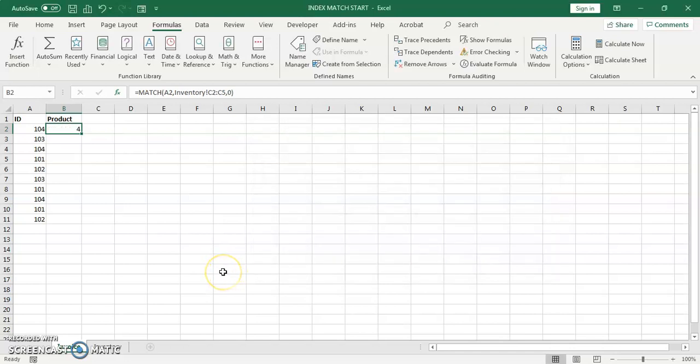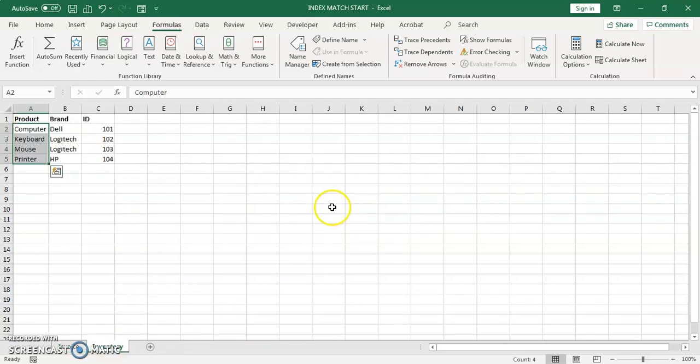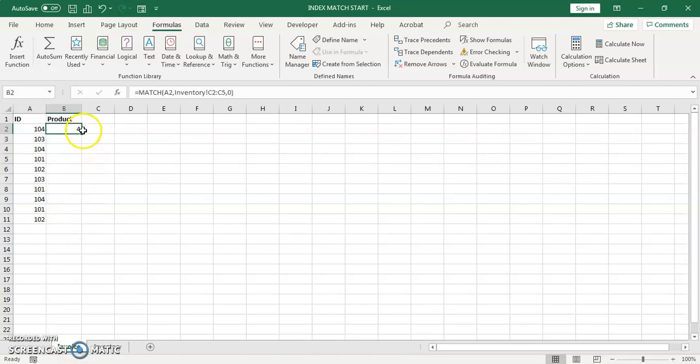Well, that's still not the product description, but what it's actually telling me is that the ID number 104 is in the 4th row of this table. It's not counting the header row, so it tells me it's in the 4th row. If I come back here and click on the invoice one more time, and use the fill handle to pull down,